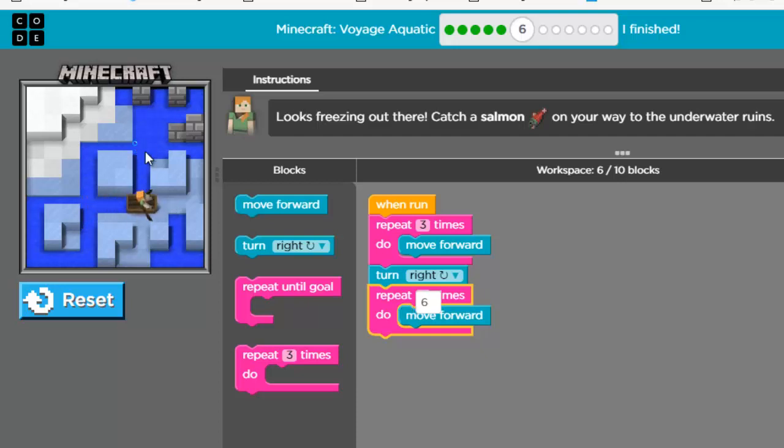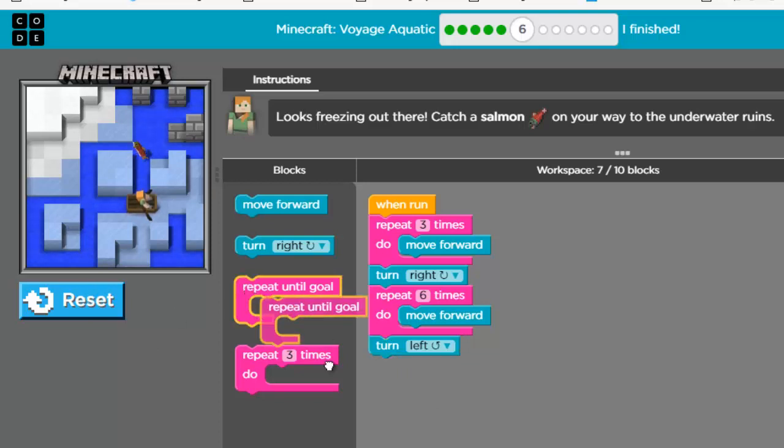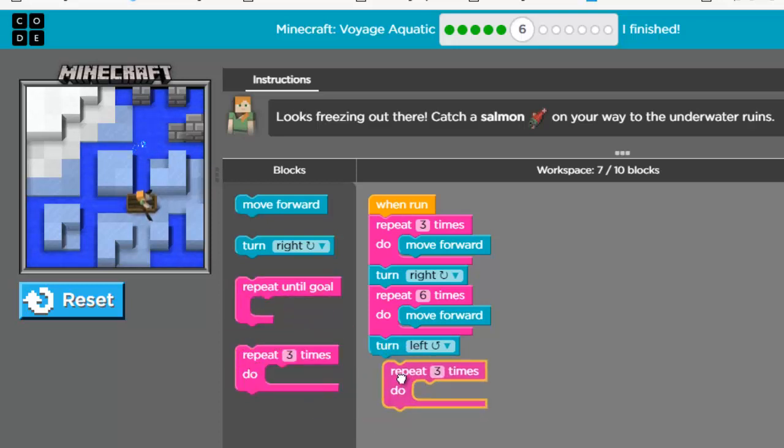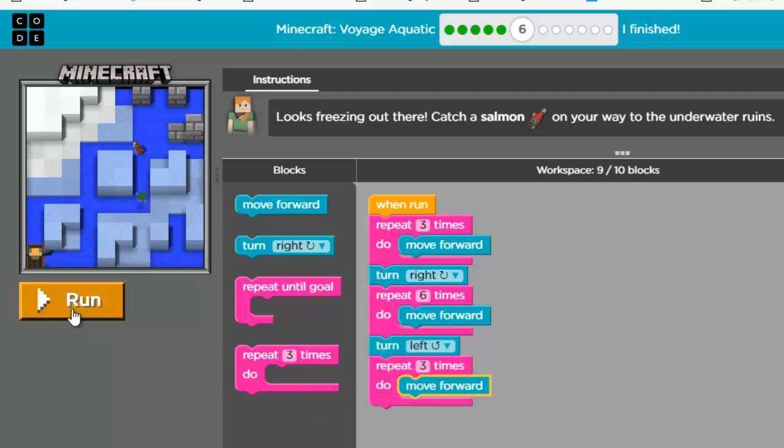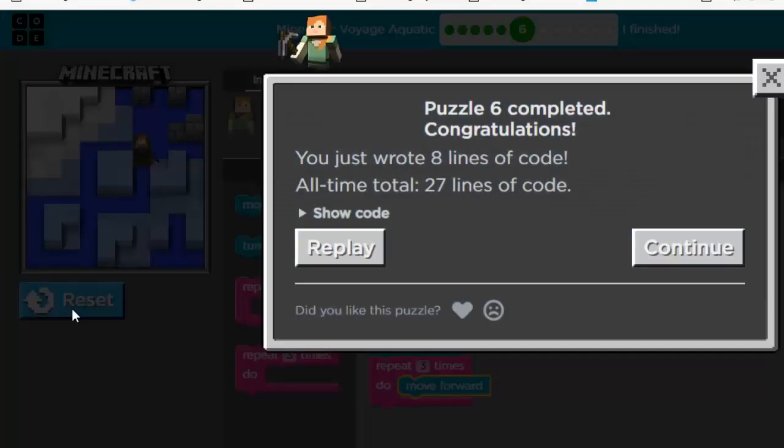Now I have to go upward over here, so I have to use what? Which block? Turn right. No, it's not right, it's upside. Turn right is over here, so we can change this by clicking here to turn left, and then do what? Repeat until goal. I can use this one, repeat 3 times and move forward. Done. Turn left. Excellent. That's how you can complete this level. Now move